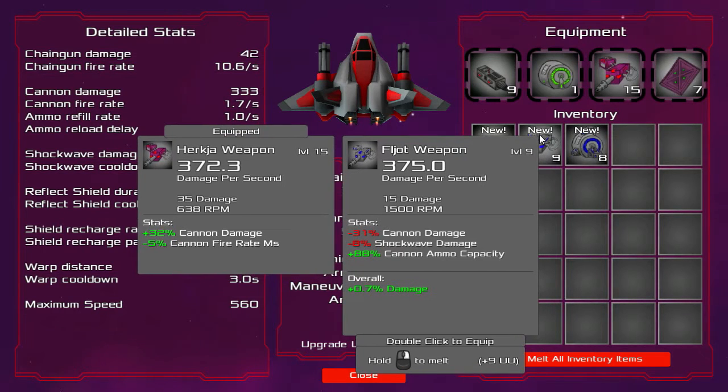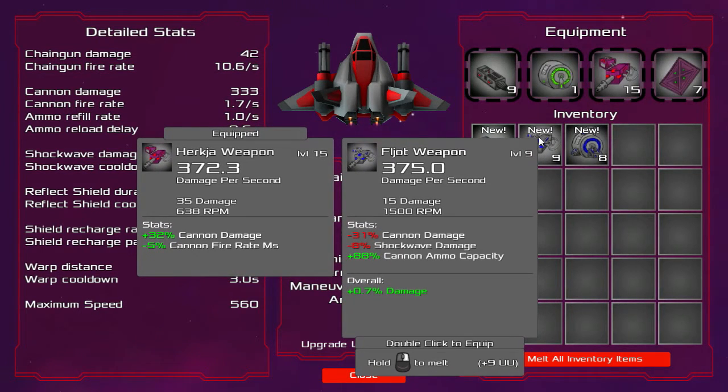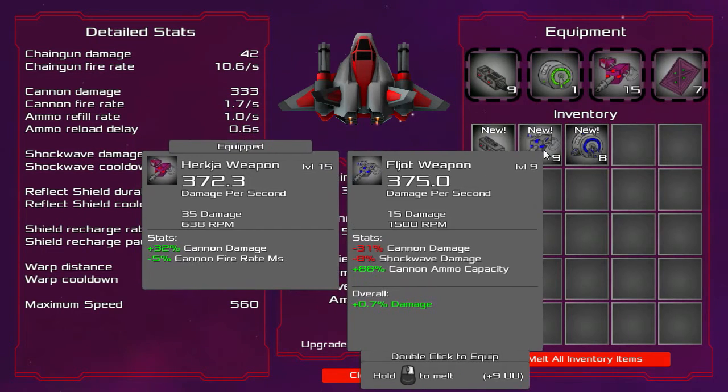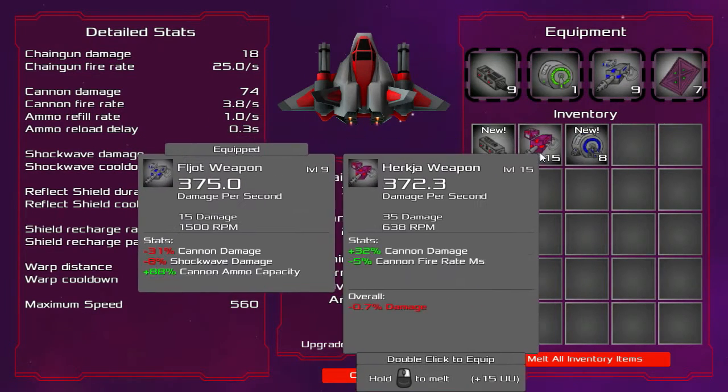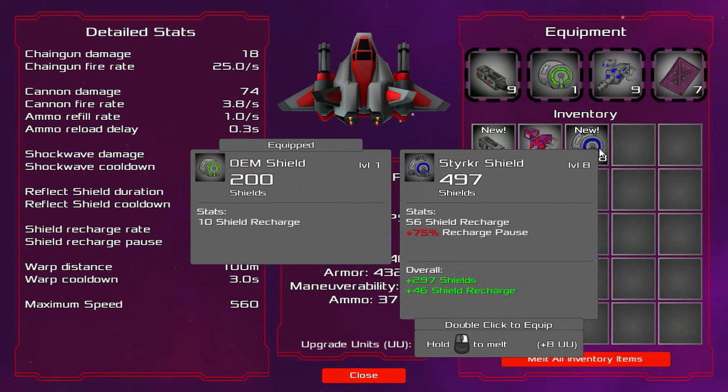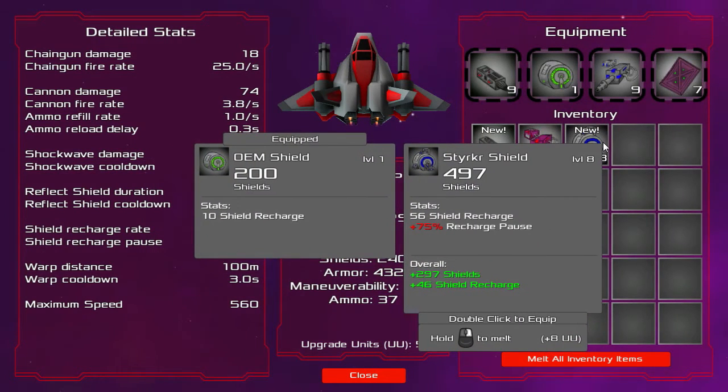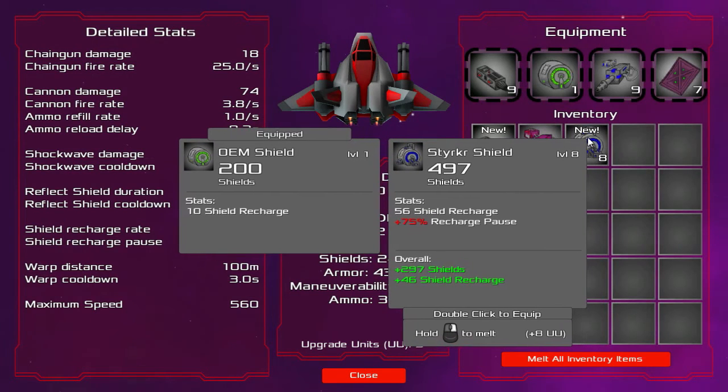And it gives you a nice summary at the bottom that says, on the whole, this weapon is going to do 0.7% more damage. So, you know what, I'm going to take it because I quite like those weapons. Even though in some ways it's a bit of a downgrade, again, there are some nice stats in there that force you to consider quite what you're using. We have a striker shield, a